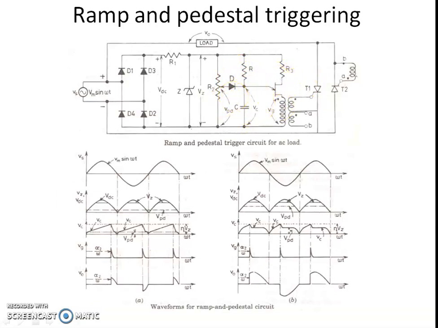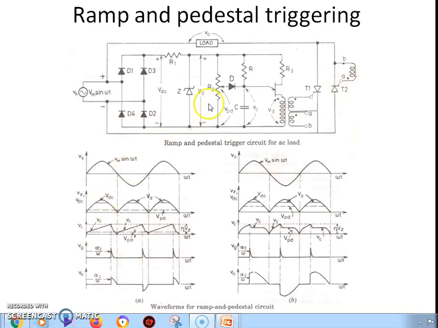The diode ensures only positive voltage across the capacitor and UJT. The Zener diode voltage VZ is constant at its threshold voltage. R2 acts as a pedestal potential divider. The wiper of R2 controls the value of pedestal voltage VPD. The diode allows C to be quickly charged to VPD through the low resistance of the upper portion of R2. The setting of the wiper on R2 is such that VPD is always less than the UJT firing point voltage eta VDD plus VD.